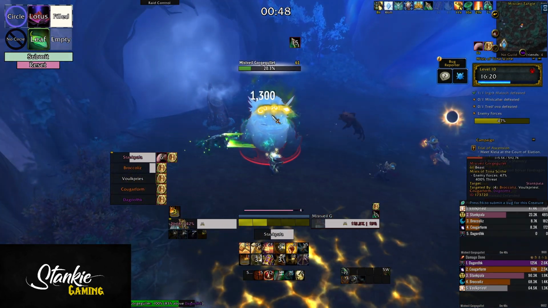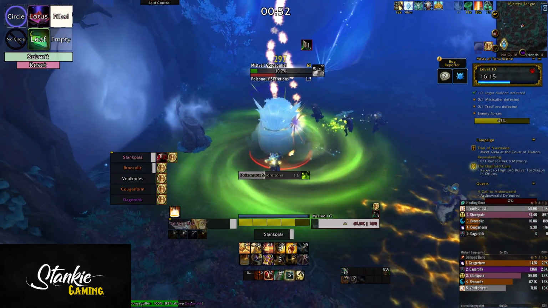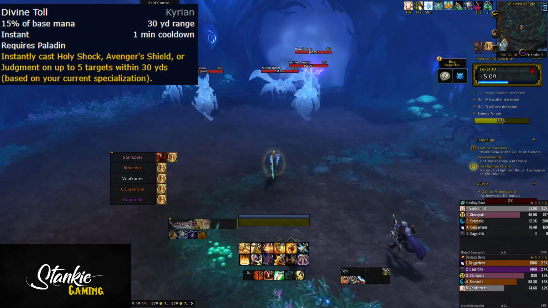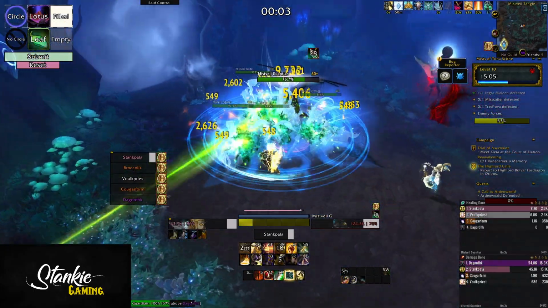The one I love though is Kyrian. Great Soulbind, amazing ability, and very useful signature ability. And the Paladin ability is Divine Toll, which is just too much fun. You fling out those extra Avenger Shields, they just bounce around between all your targets, capping out your holy power,